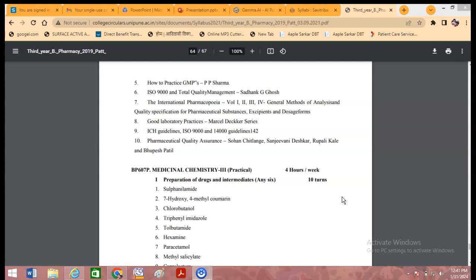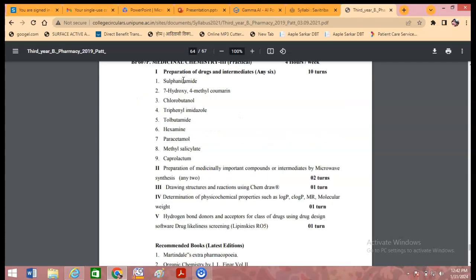Dear students, today we are going to focus on practicals of medicinal chemistry 3 in third year B Pharm, 6th semester. So in this practical it is mentioned preparation of drug and intermediate, then preparation of a medicinally important compound or intermediate by microwave synthesis,